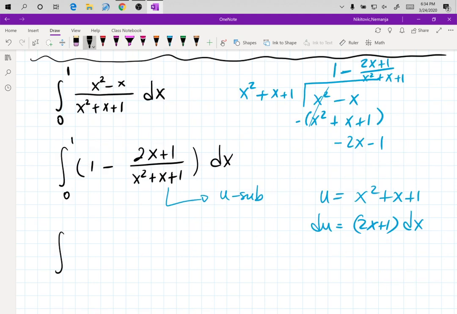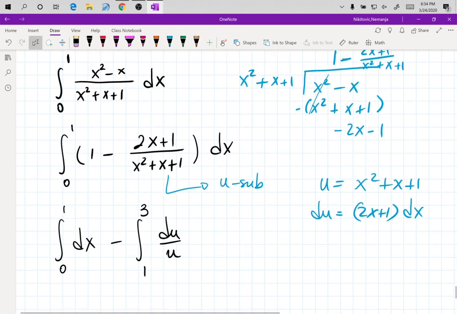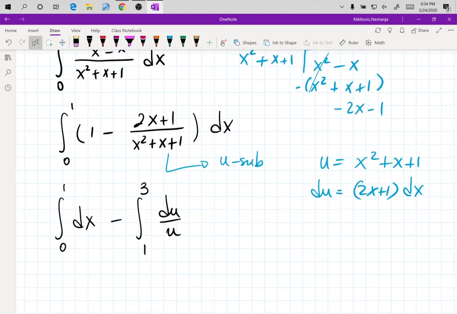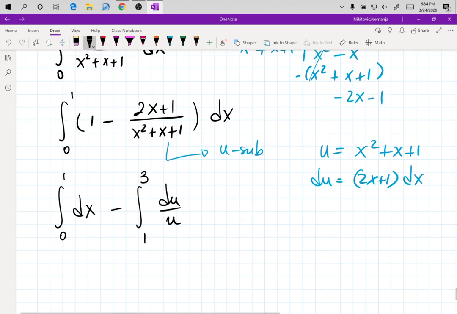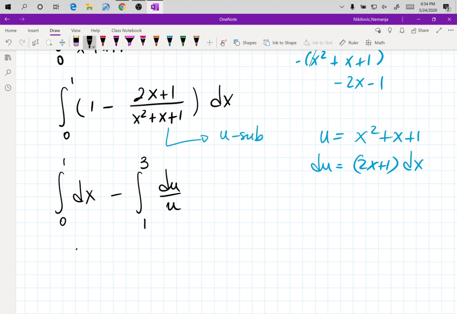So the first integral is the integral from 0 to 1 of dx, minus the second integral, which is going to be du over u. And when I change my limits, when I plug in 0, I get a 1. And when I plug in 1, I get 3, right? I get 3. So I'm going to solve the x integral in x and just get my values. So that's x from 0 to 1, minus